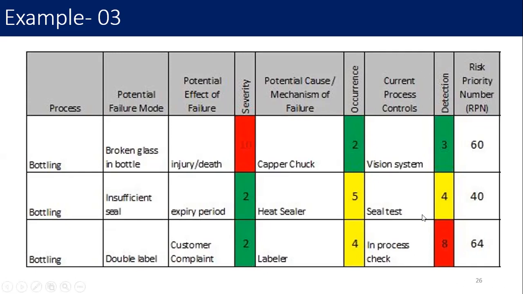So out of these 3 techniques, first you have to consider the third one, because the RPN number is high here. Then, according to these numbers, you can see the severity is very high in this one, but we are going to consider it after considering the third part, right? So first, here we look at the risk RPN number. The one with the high RPN number is the one we must solve first.